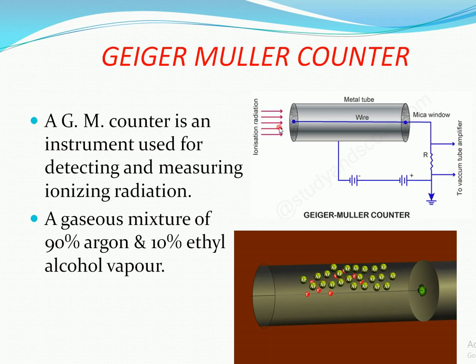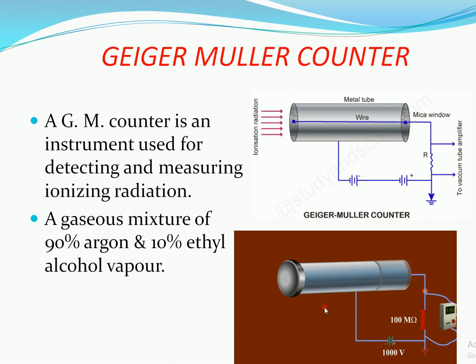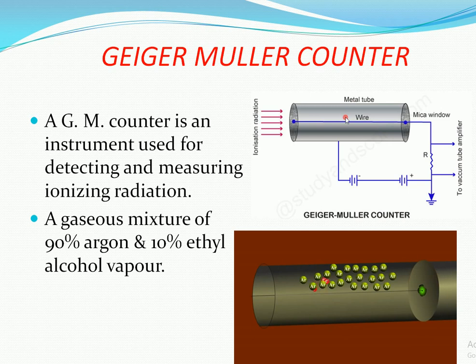When radioactive particles, that is radiations like beta and gamma particles, enter this tube, they ionize the gas molecules like this. So ionization takes place, and positive ions and negative ions are separated. These positive ions travel towards the cathode, and the negative ions, meaning electrons, travel towards the anode. When electrons reach the anode, it generates a pulse, and this pulse is amplified by a pulse amplifier, and the amplified signal is given to a counter.